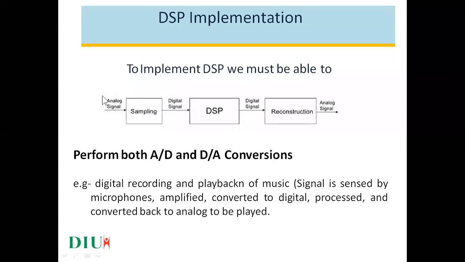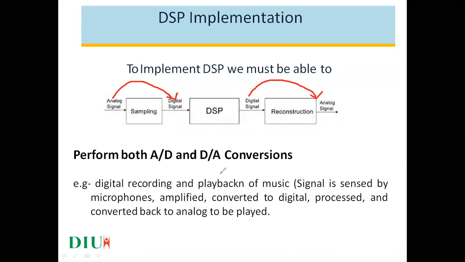Here the input will be your analog signal, which is sampled at a required rate and then applied to the DSP processor. Once this is done, it can be reconstructed back to its original form by making use of reconstruction filters. Here you can see both ADC and DAC conversions are done in the DSP, that is analog to digital conversion and digital to analog conversion. First we go for analog to digital conversion, which is a must, and again from digital to analog, back to its original format.